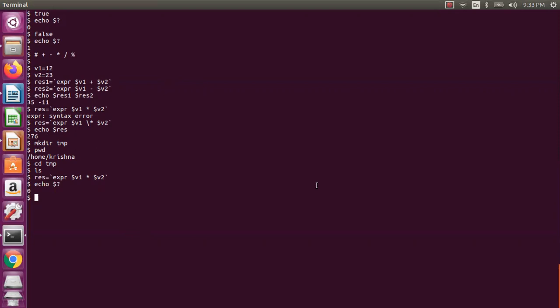It will know, sorry, not this one, echo. It is very intelligent. It will check whether there are files or not. If the files are there, then only the meta character comes into the picture, because it will know star means a combination of the files. If there are no files, then that is not valid. So that's what it intelligently checks.